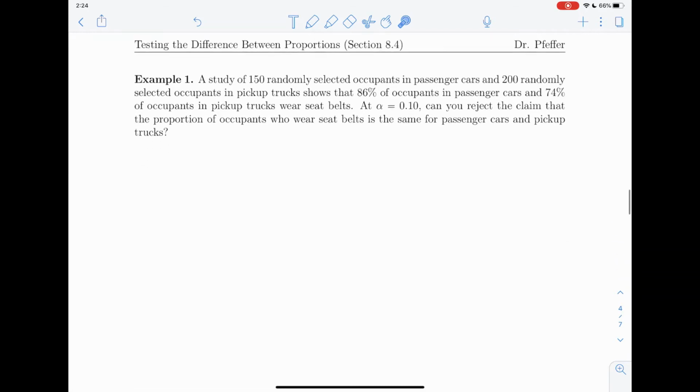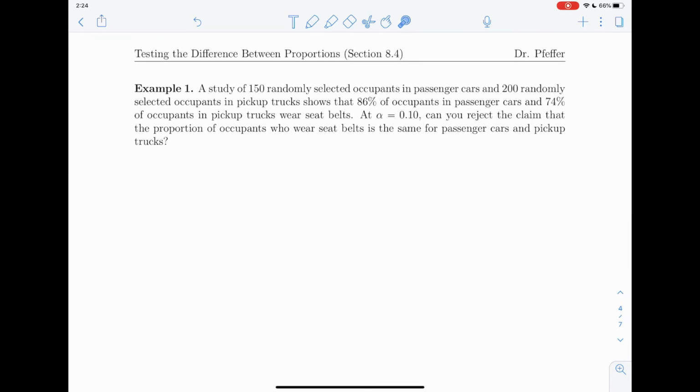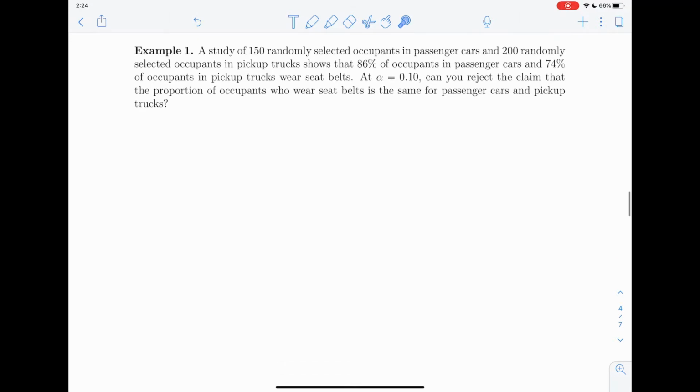What we have next is a handful of examples. The first example says that a study of 150 randomly selected occupants in passenger cars and then 200 other randomly selected occupants in pickup trucks showed that apparently 86% of the passengers in the car and 74% of the people inside the pickup trucks actually wore their seatbelts. The question is, at a 10% significance level,